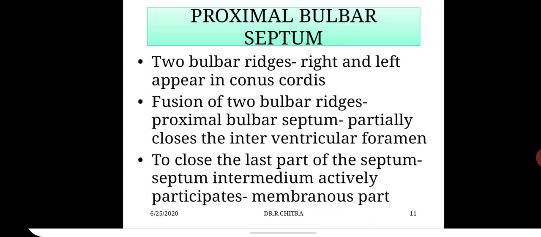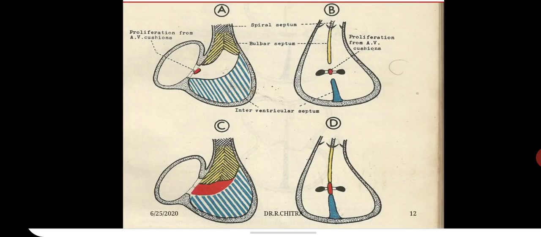Why is this ventricular foramen present in early embryonic life, just like the foramen in the primitive atrium? This foramen is essential in early embryonic life until the septation of the bulbus cordis and truncus arteriosus is complete. Now you can understand this in the formation of the interventricular septum in the next image.